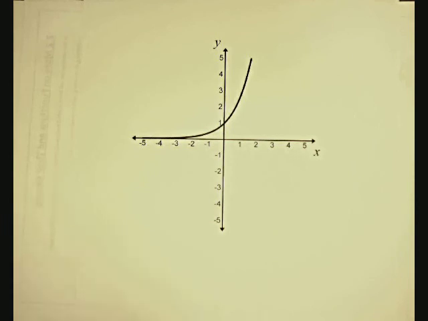So for this particular graph, there are no places that you can draw a horizontal line and hit this graph more than once. So this is a one-to-one function, and this is an example of something that would have